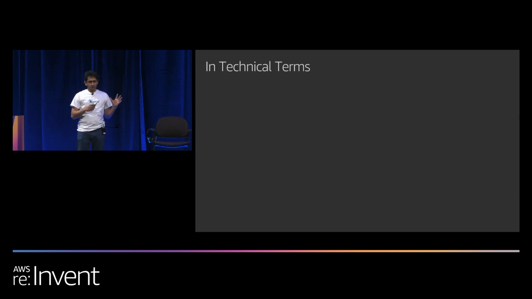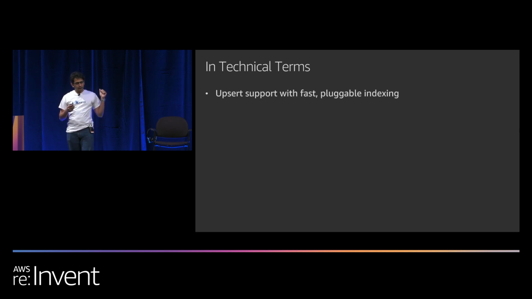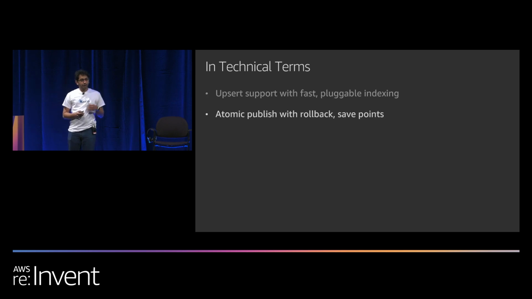So, cutting to the technical details, it supports upserts. So you can do either an update or insert with fast and pluggable indexing. Hudi uses Bloom filters and range information to build record-level indexes to quickly update data. You can atomically publish data to a Hudi dataset